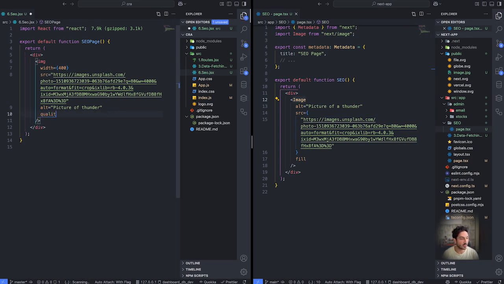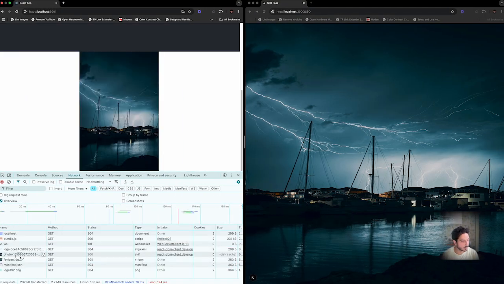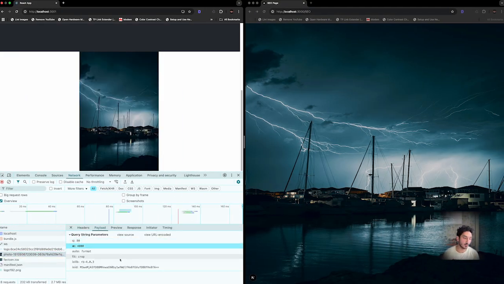Let me see if I can. No, I cannot. Can I? No. For example, I want to use the quality of 100 in here. No, it doesn't get changed, which is bad. But